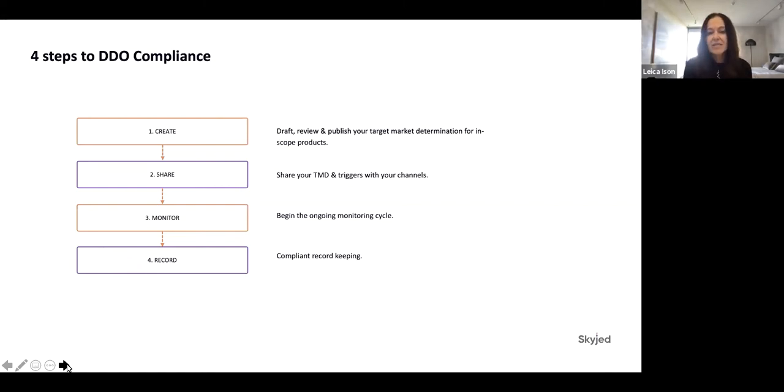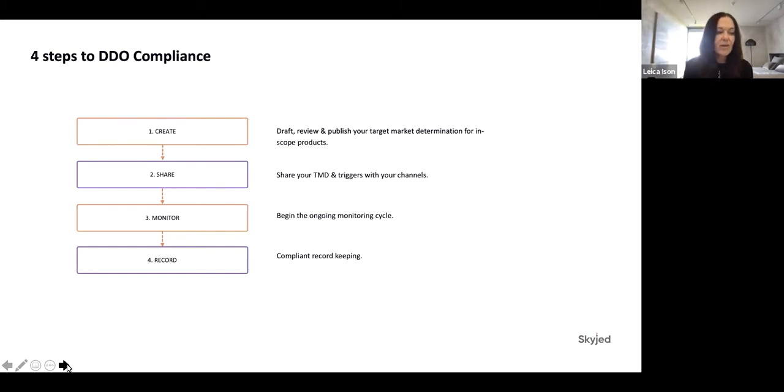Before I dive into the target market determination, I wanted to kick off with these 4 steps of a product governance framework. As Andrew said, we've been out there working with businesses, and particularly product teams, over the last 18 months. It doesn't matter if it's across superannuation, banks, or buy now, pay later, there are some real challenges with operationalising your DDO or your product governance. To help with that, we've broken it down for product teams into 4 key stages that you can use to operationalise this across the organisation.